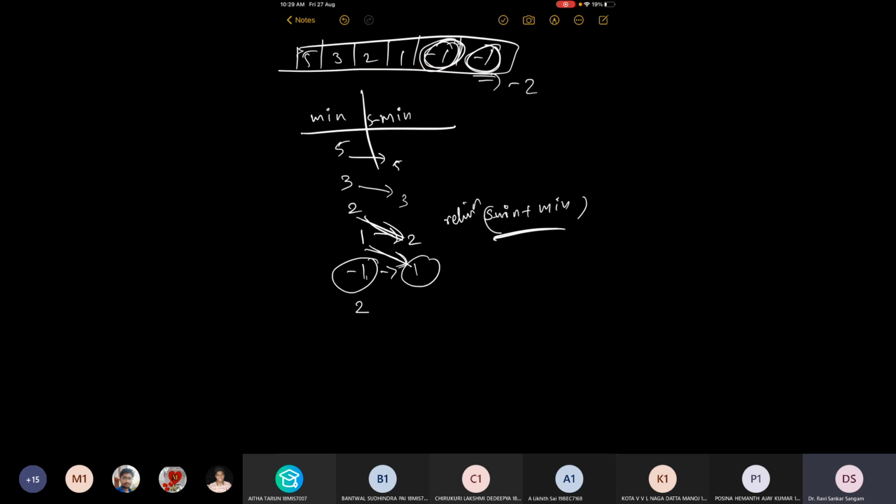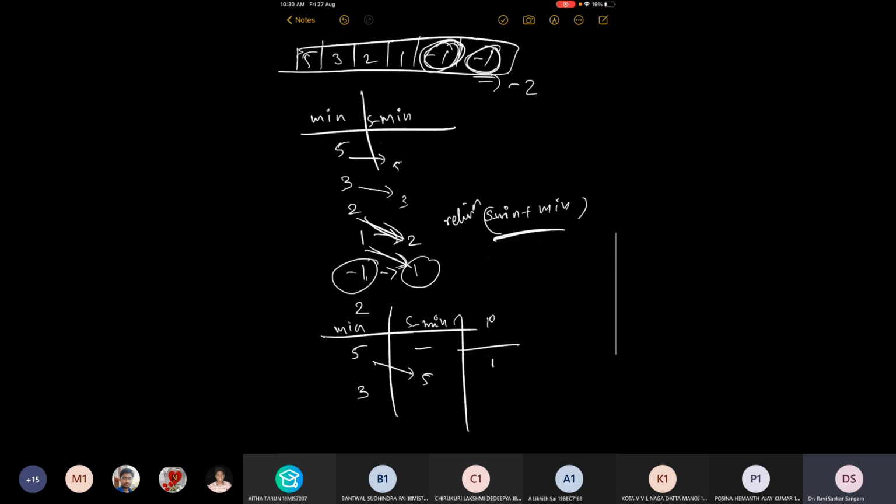Now let's validate our program for this input. Initially minimum is 5. When I starts from 1, we compare A of 1 with minimum. 3 is the new minimum, and 5 is kept in second minimum.